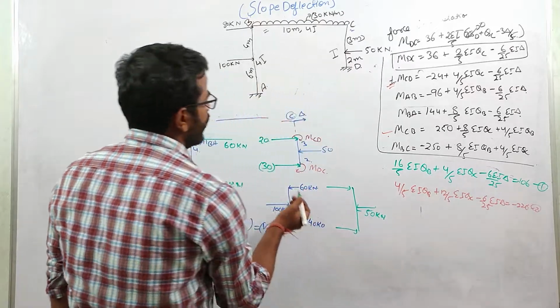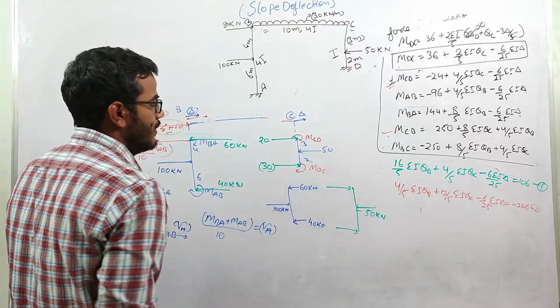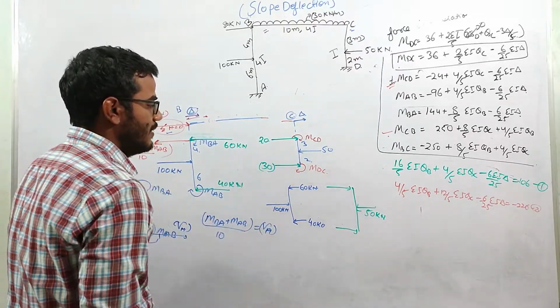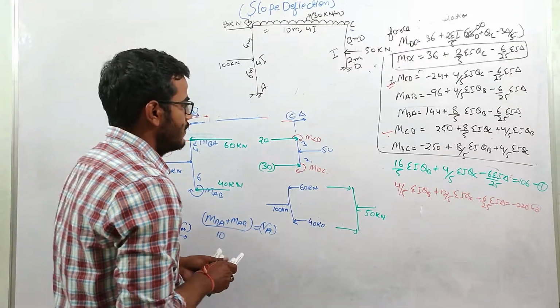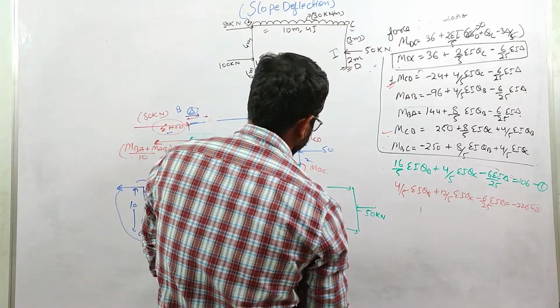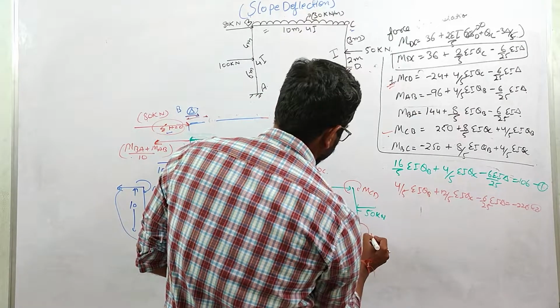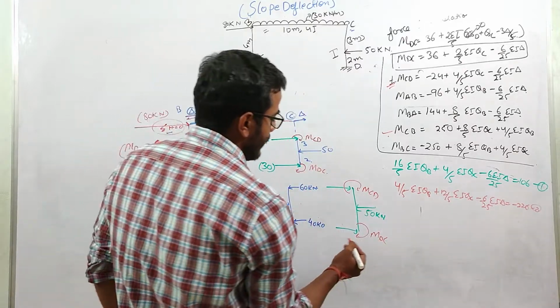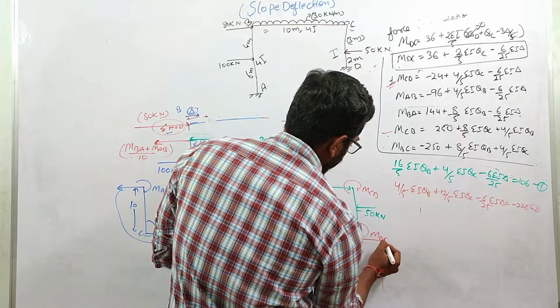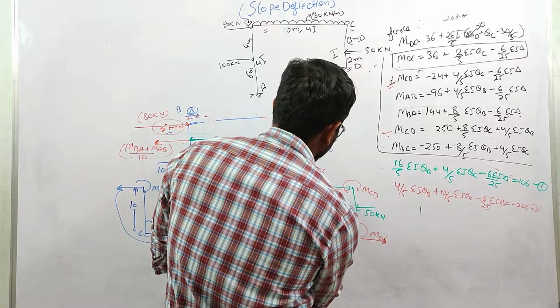To balance this 50 kilonewton load, there will be a 120 kilonewton load acting at this end and this end, right? This is the C point and this is the D point basically. Now, what about this moment which is acting like this, MCD and MDC? Same concept here: we need some anti-clockwise couple to balance this couple. So at this point there will be one reaction, and at this point there will be one reaction.